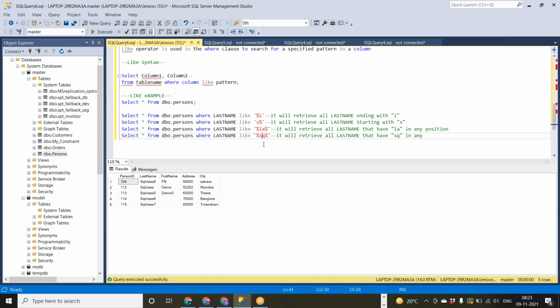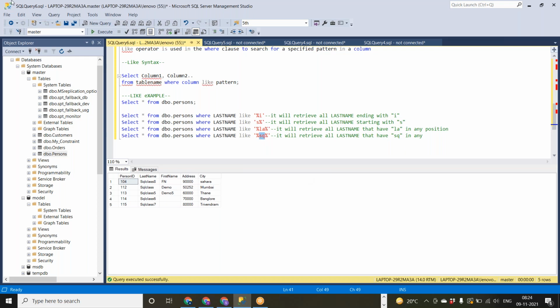That doesn't mean there should be some letters before and some letters after. What it means is SQ may be at the starting point, the ending point, or the middle.